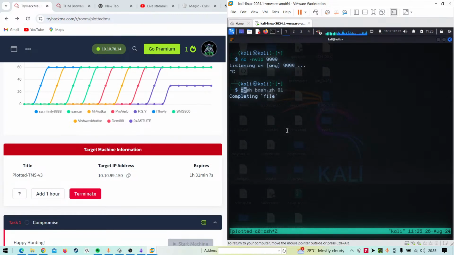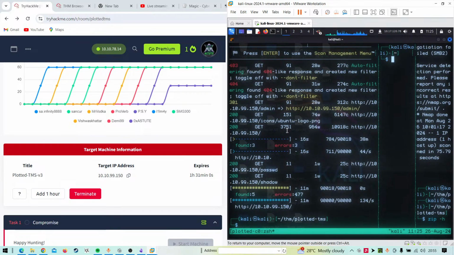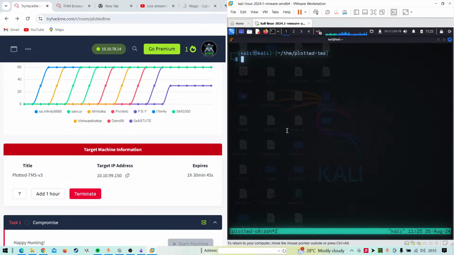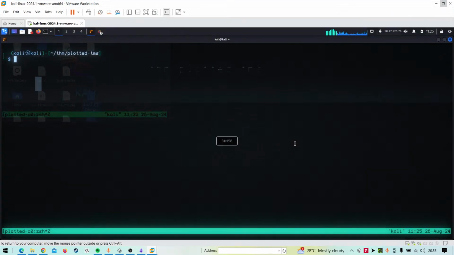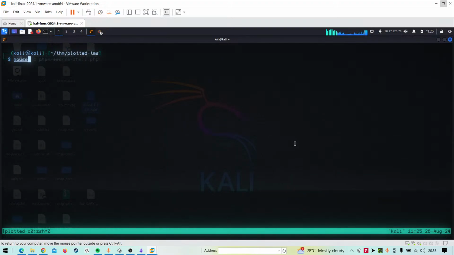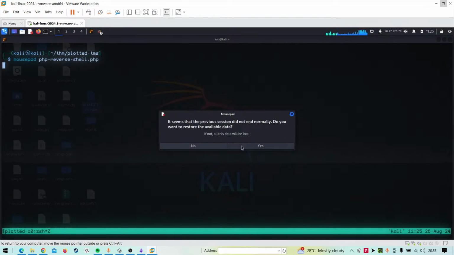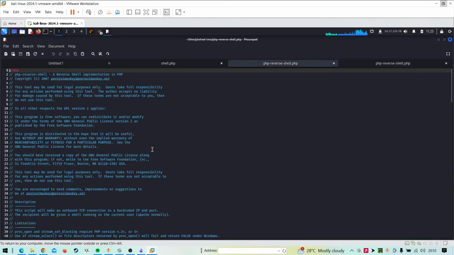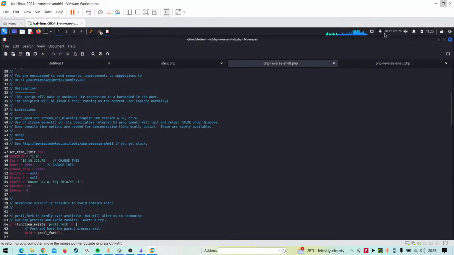So if I just try the PSP reverse shell, then oh yeah, I think the issue was with the IP.